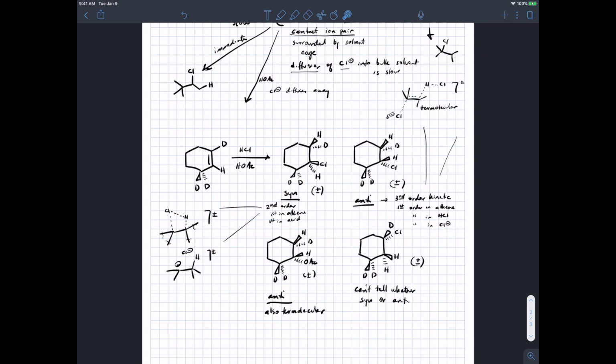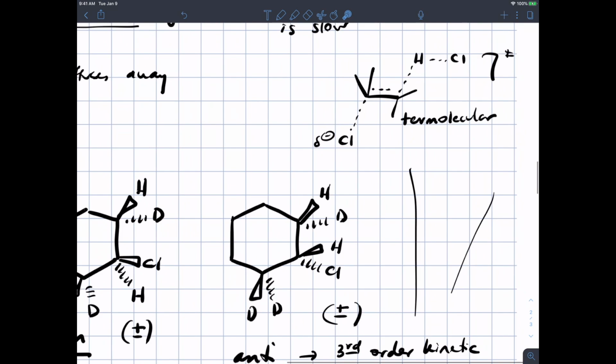Our termolecular reaction is very slow because it's hard to get all three molecules to align. I guess I would say this has got to be slower than a typical bimolecular reaction, but it's not. I think we'll call this a formally termolecular transition state, in the sense that there are three molecules in it, but likely getting to that transition state